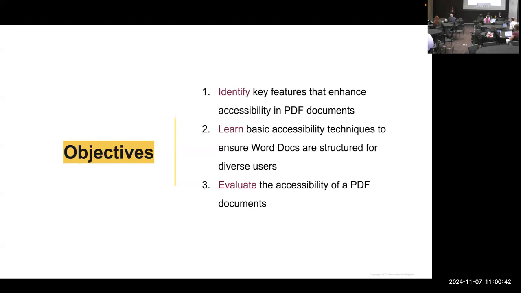It's kind of the core of our mission, right? So with that said, today we will be focusing on designing PDF documents that are accessible, but we will be a little proactive and start with the source document,